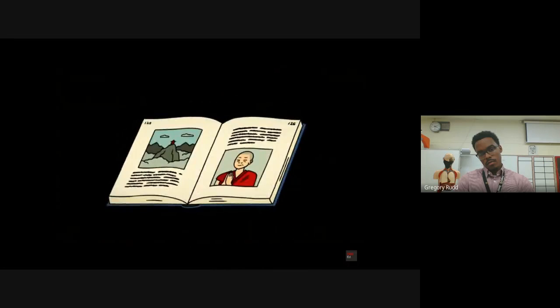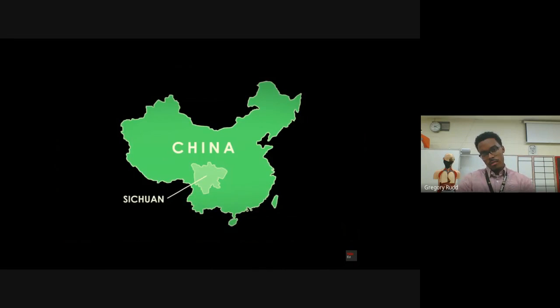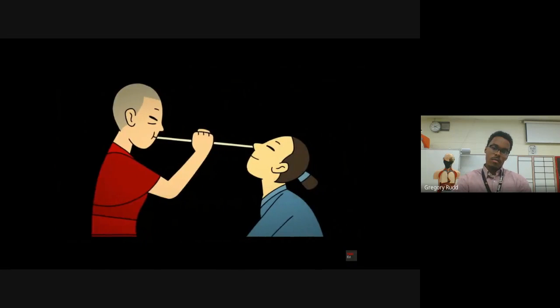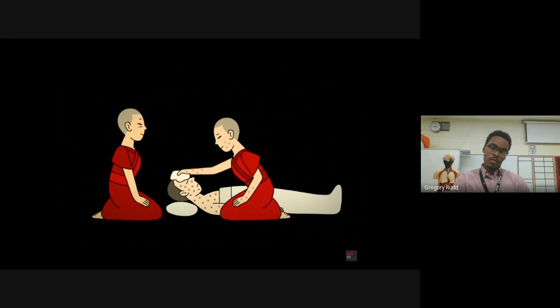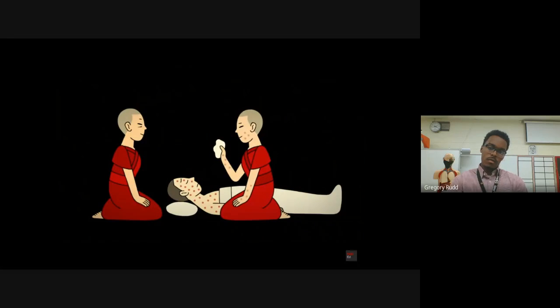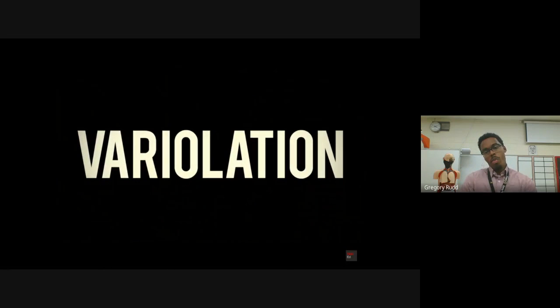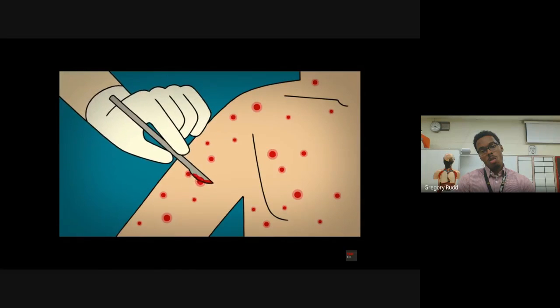According to a small book called The Correct Treatment of Smallpox, a Buddhist nun living in a famous mountain named Ome Shan in the southern province of Sichuan would grind up smallpox scabs and blow the powder into nostrils of healthy people. She did this after noticing that those who managed to survive smallpox never got it again, and her odd treatment worked. The procedure, called variolation, slowly evolved, and by the 1700s, doctors were taking material from sores and